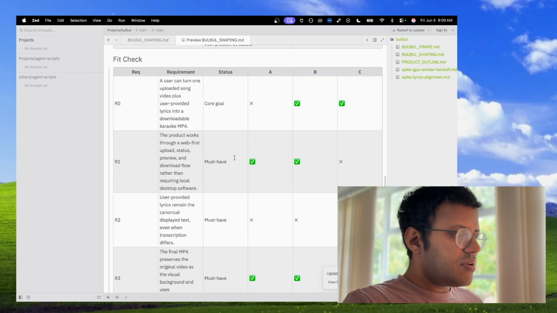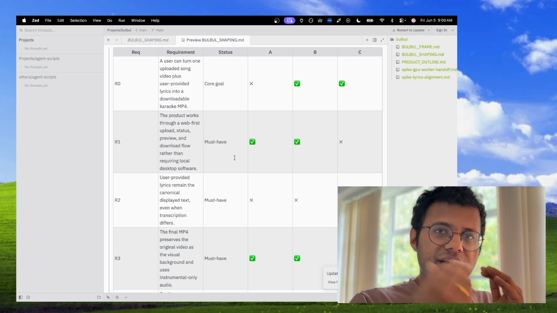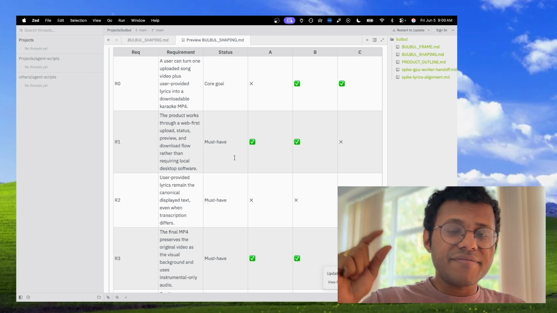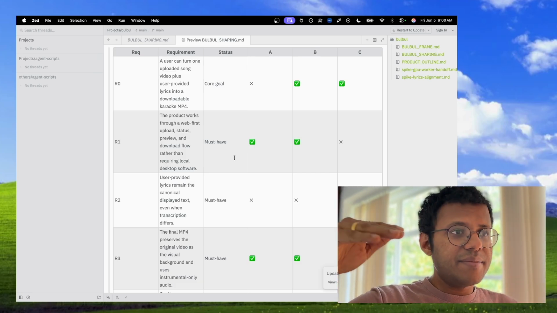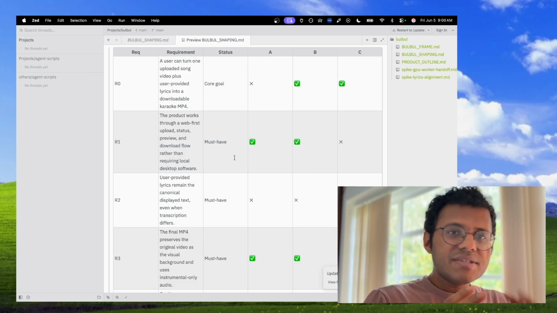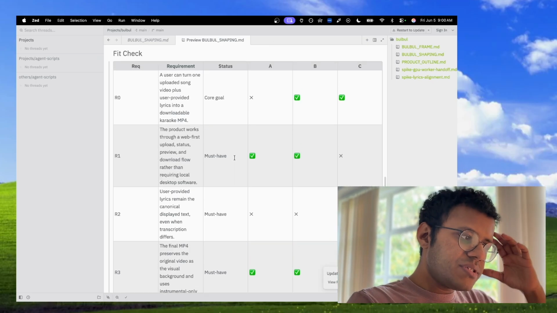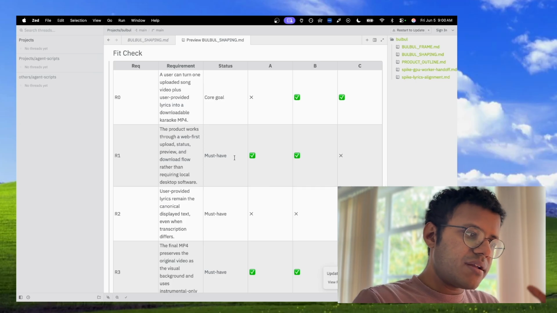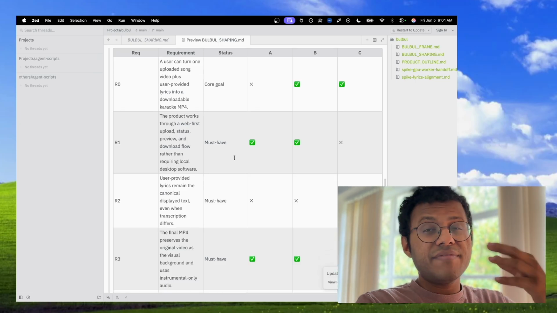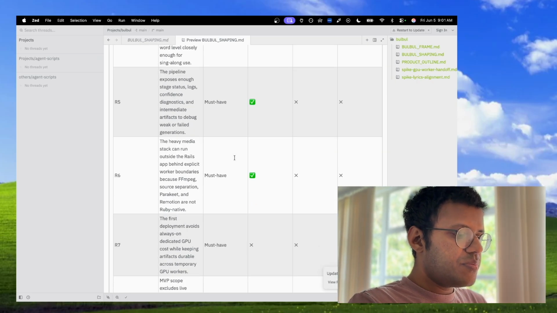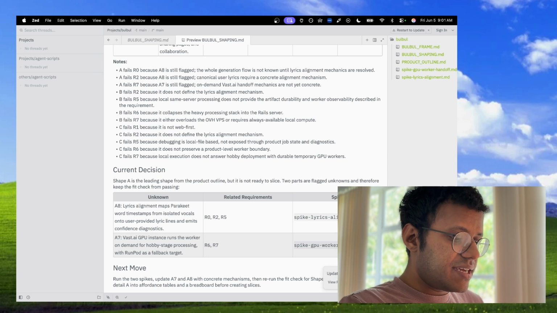Not just that, it looks at the requirements and gives particular numbers, right? R0, R1 and so on. So it's easy for you to even reference them. Like say R1 is having an issue, I mean, we need to improvise this R1 to something else. So it's easier for communicating to the agents. And with these requirements you can also check in what way each of these shapes is matching, because not everything is the most definitive way to do things. So you could then use this to take your next move, and it even describes the next move here,